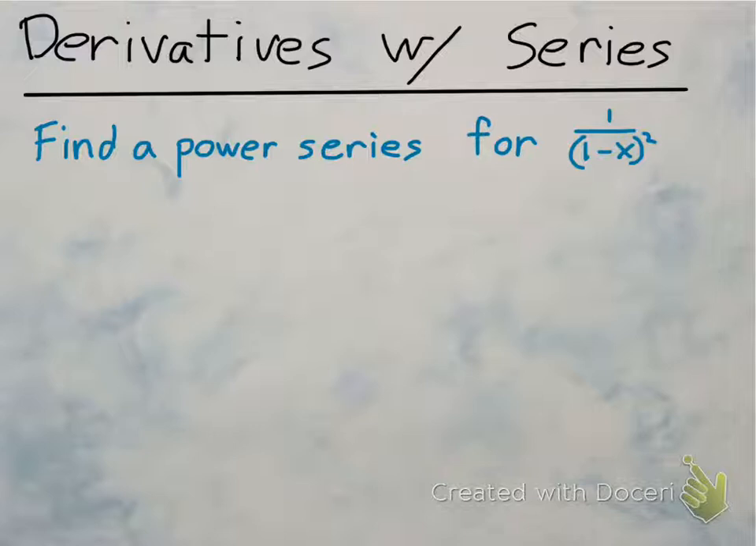Now there may be some tricky ways for you to do this using the techniques that we already know, but what we're going to do in this example is focus on how we can use derivatives to find this power series. So using what I know about derivatives, I know that if I took 1 over 1 minus x, and if I took the derivative of this guy,